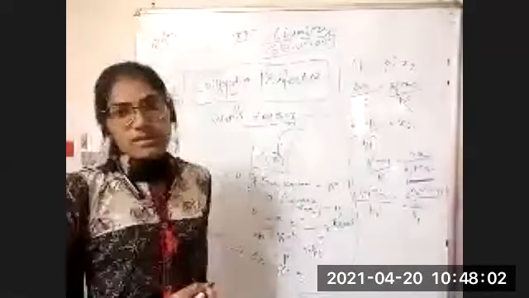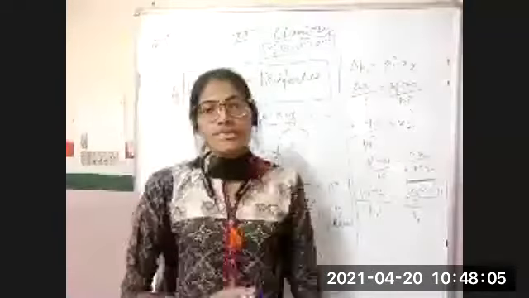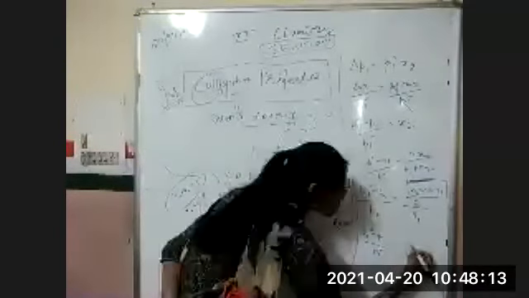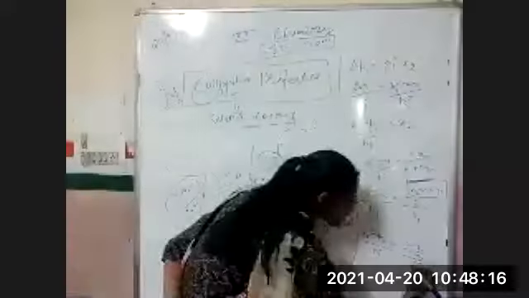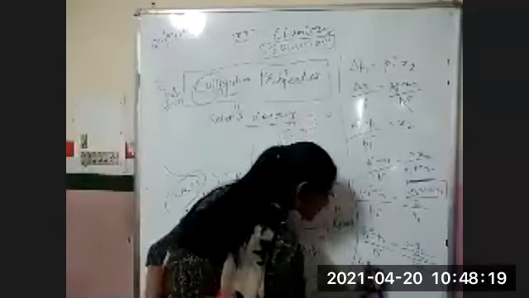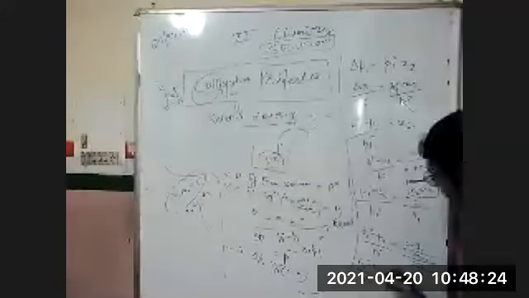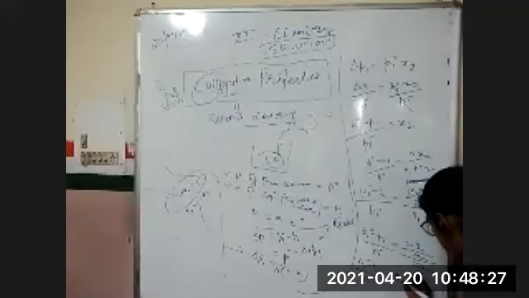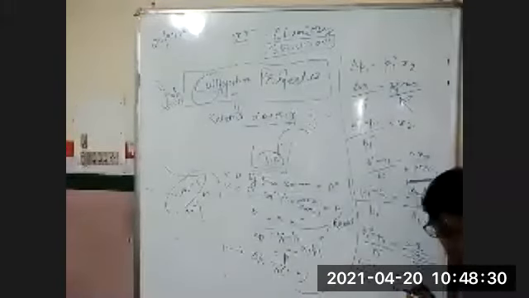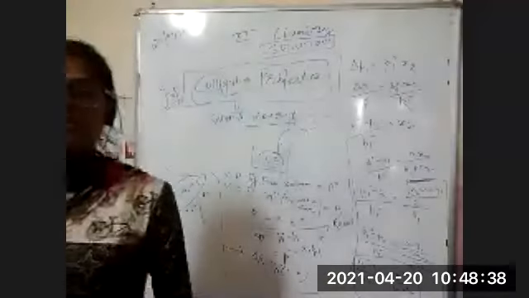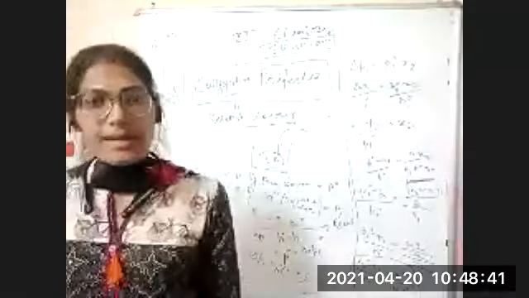Now we know what the number of moles is: mass over molar mass. That means P1 naught minus P1 upon P1 naught equals W2 over M2 upon W1 over M1. I would solve it and we will get the final equation, that is W2 M1 upon W1 M2. That's it. This is the whole equation which we have studied in the relative lowering of vapor pressure,